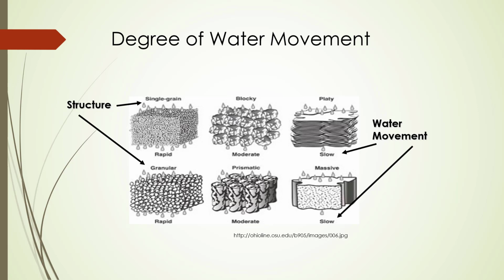I'm not adding the different structures on this video presentation, but if you look at the PDF, you'll see more details on these different types of soil structures. We touched on them last week, but there's more detail there. It's important to note that water movement is very slow in platy, which is often the case with compacted soil, and then massive, which is basically no structure whatsoever, but very compacted.